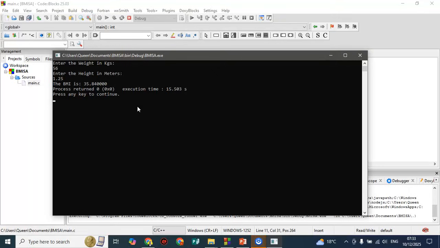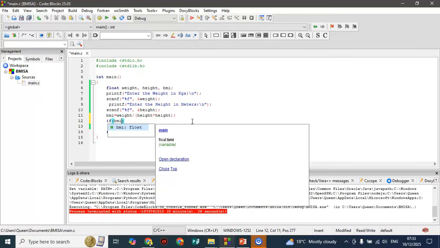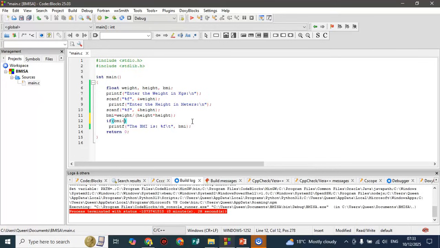What if your BMI is 35? I mean, that is overweight. Someone who is 56, so that is simply what the computer is doing. But we want to make a decision based on what we are getting. So right after here, once we have done the calculation, we should be able to say if BMI is less or equal to 18, for example,